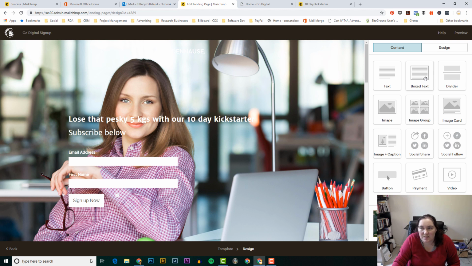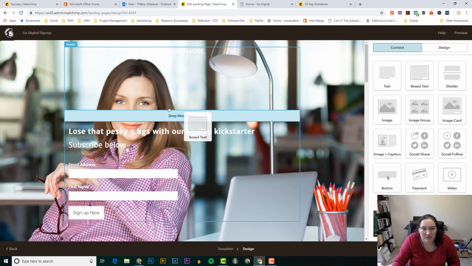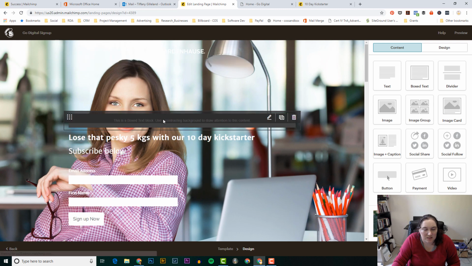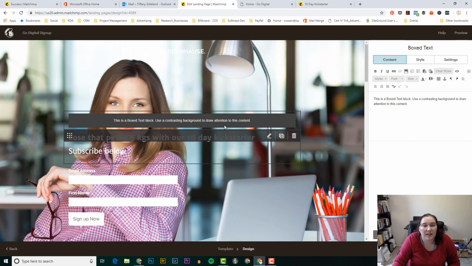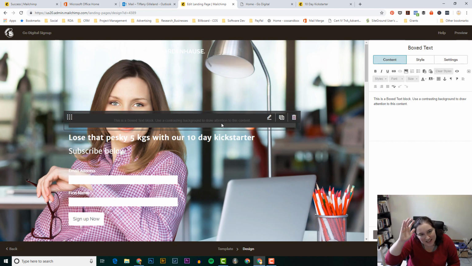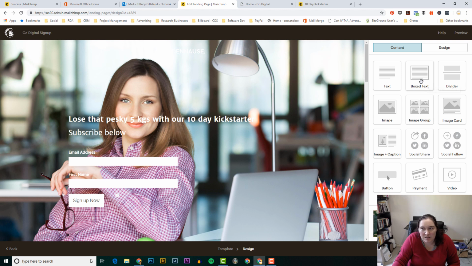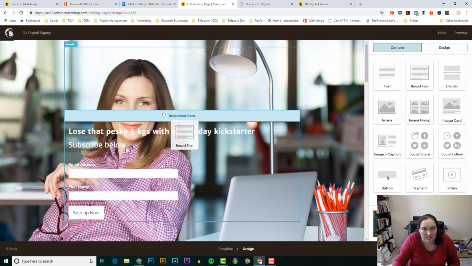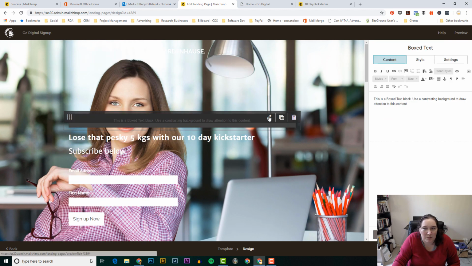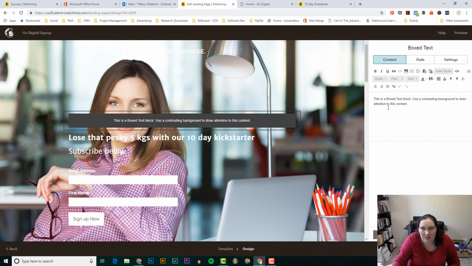Box text. Here we go. This is what we want. That was the answer. Box text. Alright, so I'll just delete that again. Delete. So what I did was I grabbed this boxed text, which will give us a different colour in the background. And then when we edit that, we can do,